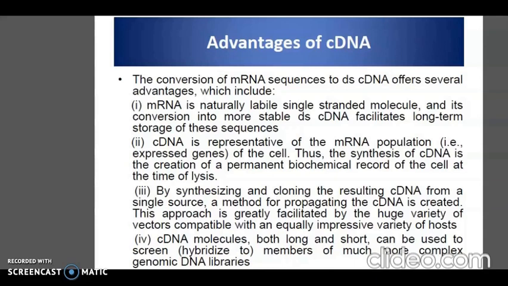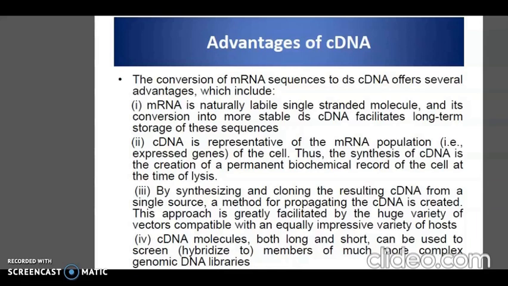The second one is that cDNA is representative of the mRNA population, that is, the expressed genes of the cell. Thus, the synthesis of cDNA is the creation of a permanent biochemical record of the cell at the time of lysis. The third one is that by synthesizing and cloning the resulting cDNA from a single source, a method for propagating